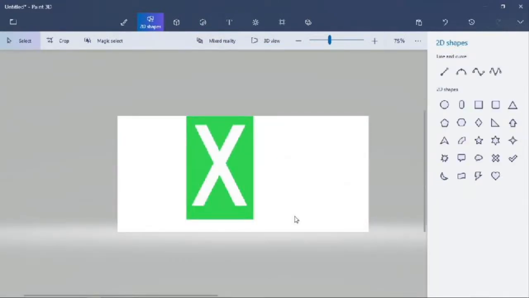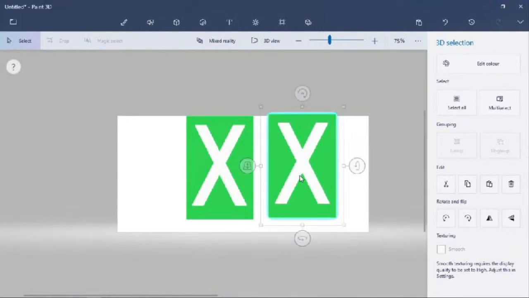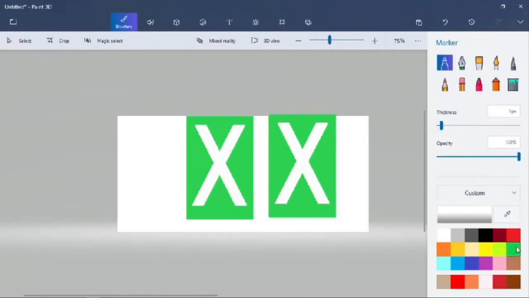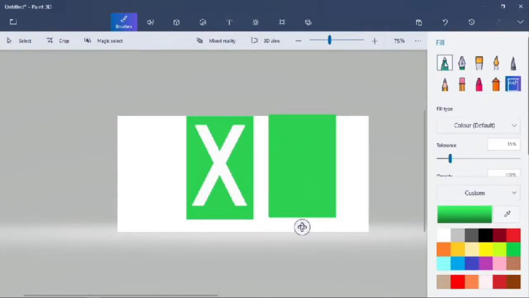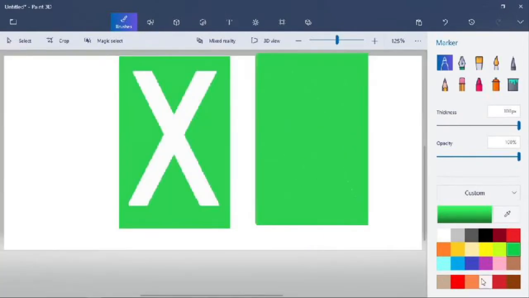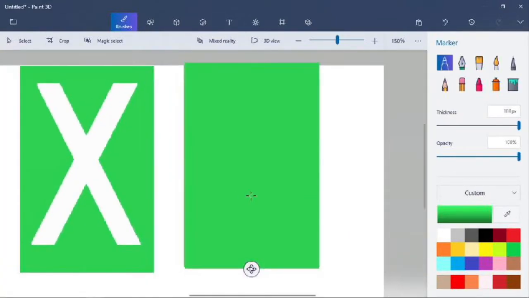Now we will duplicate it by copy pasting. Then we will keep it aside to the first cuboid and paint the whole cuboid green. As you can see, there are some white spots, so we are gonna clean it with the marker. Now we will make a white box